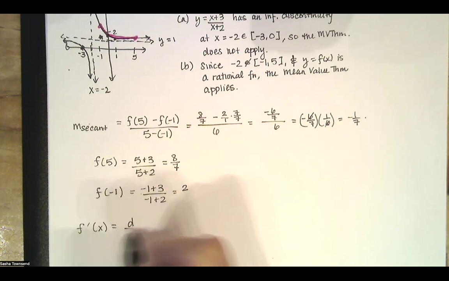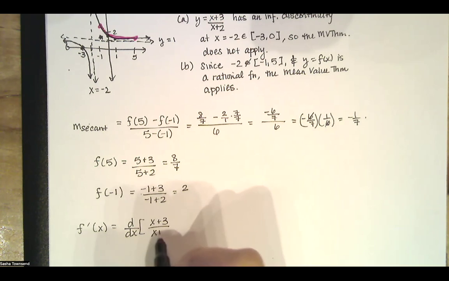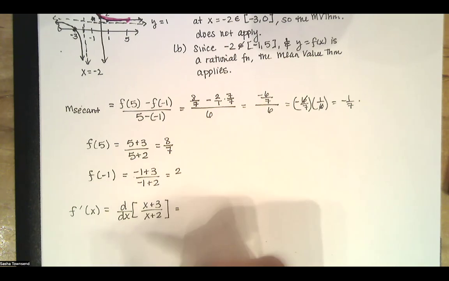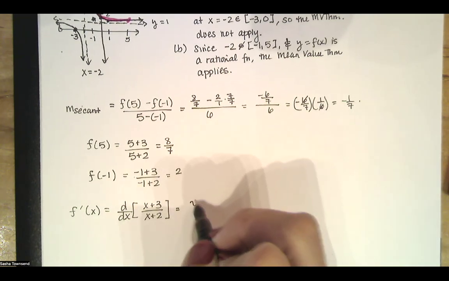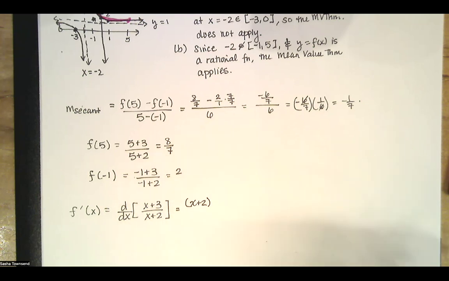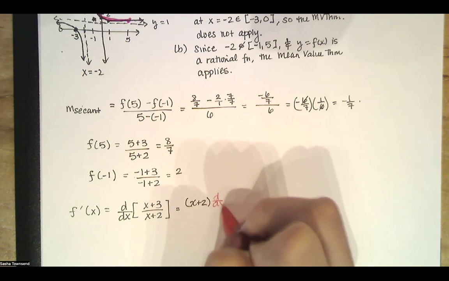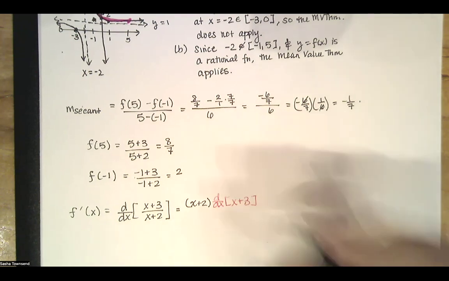So that's the derivative with respect to x of (x plus 3) divided by (x plus 2). And we've already done this. We typed it in on the computer, but we can do it again. The derivative of a quotient is the bottom function times the derivative of the top function. The mnemonic is low d high minus high